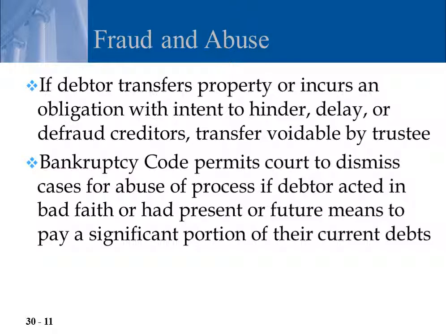Fraud and abuse is a problem in bankruptcy, as it is in many other aspects of life. So if a debtor transfers property or incurs an obligation with intent to hinder, delay, or defraud creditors, the transfer is voidable by the trustee. So again, during that 45 days, before that they list their assets and debts and things like that, if they do anything that is considered inappropriate by the trustee, whatever that transfer is would be voidable. And between the 45 days that they filed their list and any time after that until the order of relief is granted,